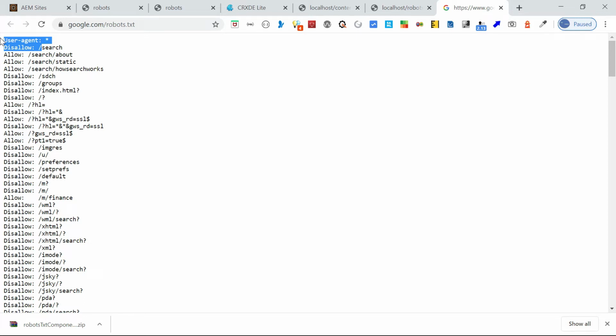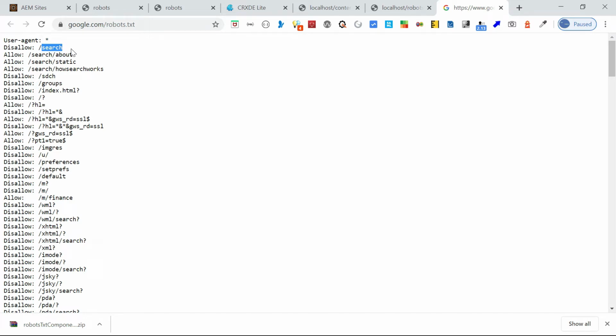Now the next one is keeping internal search result pages from showing up in the public search results. Let's say this is an internal search result example; you don't want to show that in Google search, so you can block that particular section. Next is preventing search engines from indexing certain files on your website. You may have some files that are internal, or work in progress pages or test pages, so you can exclude those from indexing.